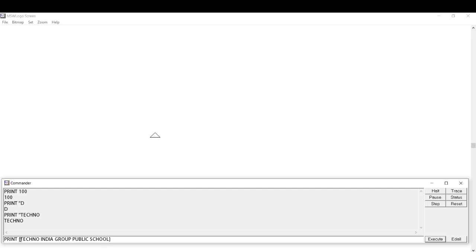Okay, close the bracket. So let me remind you once again, if you want to print a sentence, then your sentence should be inside the opening and closing square brackets. Okay, and press enter key. You can see that Techno India Group Public School has been printed.